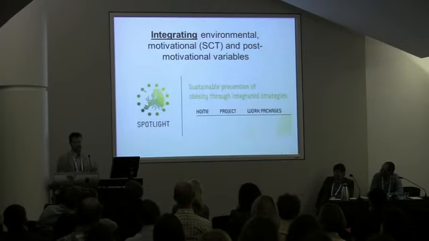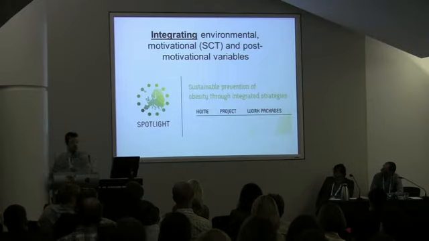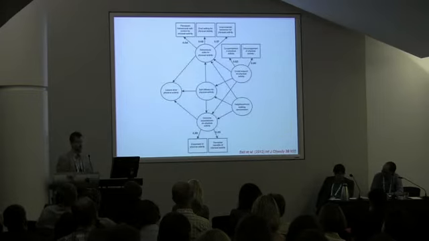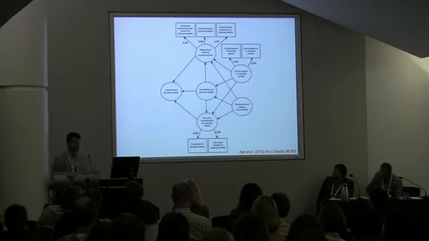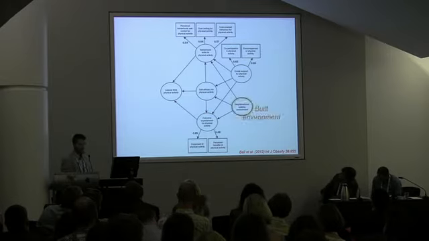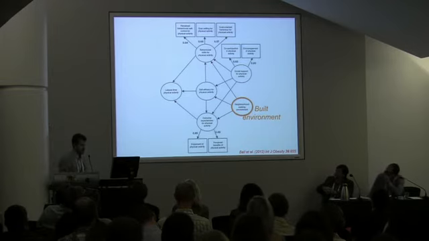Another point is, as I said before, trying to integrate different levels. And this is just a project, a European project, that is trying to do exactly that, to integrate different levels from the environmental influences, social influences, psychological or individual level influences, and so forth. And this great study that just came out from the Deacon group shows how this can be tested. And this is a cross-sectional design from a large population of lower economical status women, and see how they integrated built environment variables into the model. And this is just for physical activity. The model actually continued for BMI on this side, but I'm just showing you an